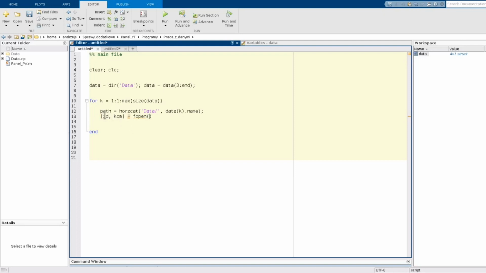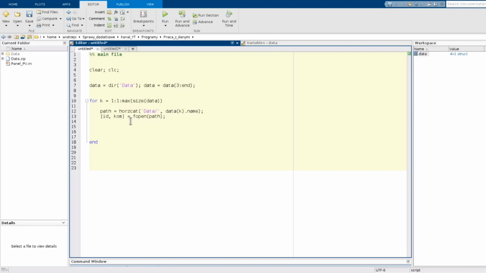The first is the ID of the file opened, and the second is the information. Okay, so the argument of the fopen function is just the path to the file. Okay, and this is just a really little way to deal with some problems.